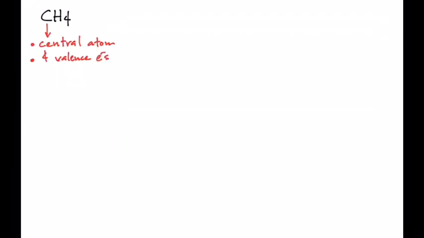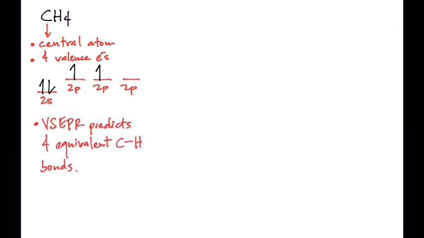And when you draw the orbital diagram for the 4 valence electrons, it would look something like this. So we have 2 electrons in the 2s and 1 electron for each 2p orbital. And according to VSEPR theory, carbon will form 4 equivalent single bonds with hydrogen. So valence bond theory explains this